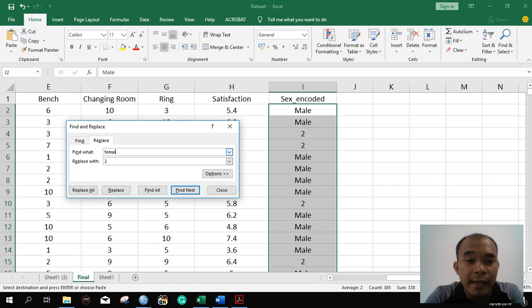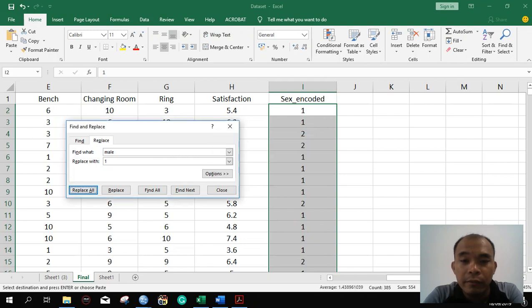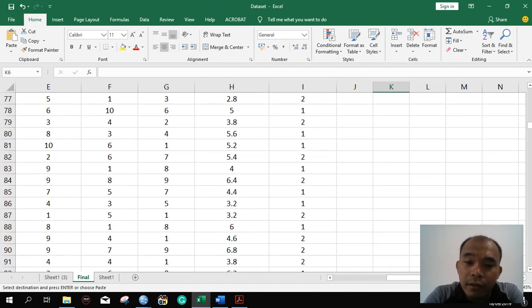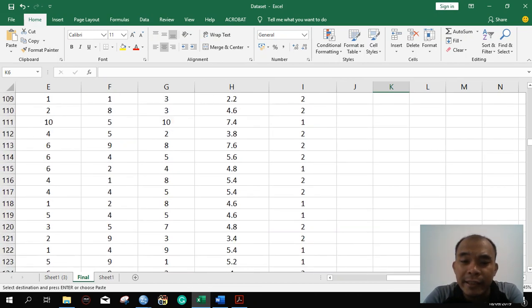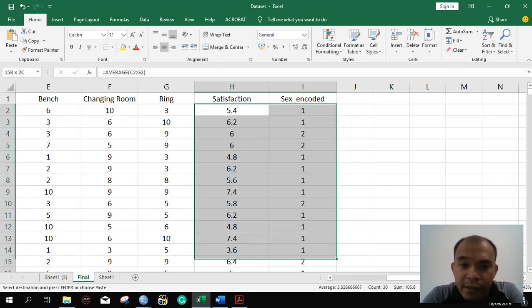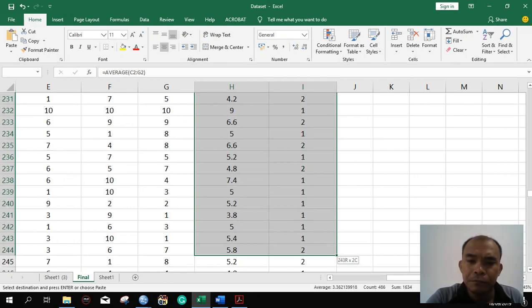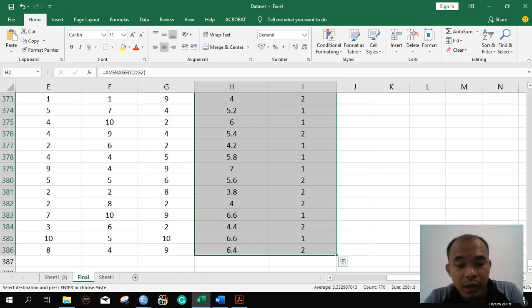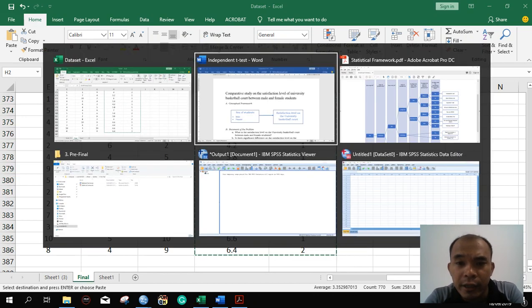And then let's say the male, and then we will replace all of them with the value 1. Replace all. Then all of them are already encoded. So we're going to need these values here, that's it, to analyze it in SPSS. So we have to copy all of the data here. Copy the data, copy that one, and then you proceed to the